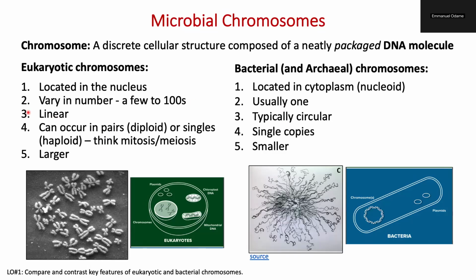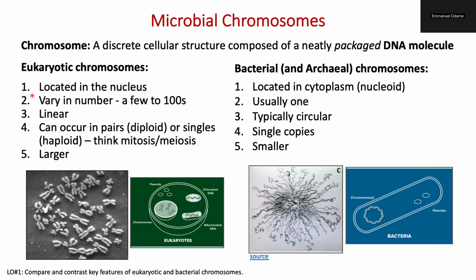Eukaryotes have a nucleus, so their chromosomes are present in the nucleus. They vary in number from a few to hundreds, and they are linear and can occur in pairs, so they can come as diploids or haploids. You can think of it in relation to mitosis and meiosis. The chromosomes of eukaryotes are mostly larger, actually larger than